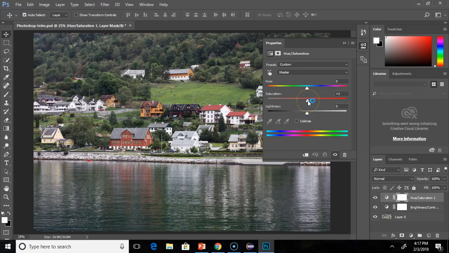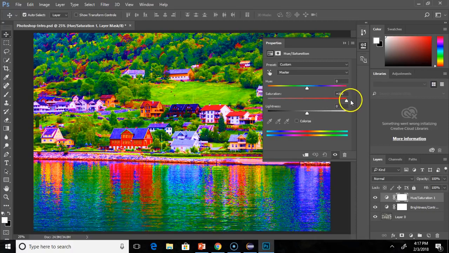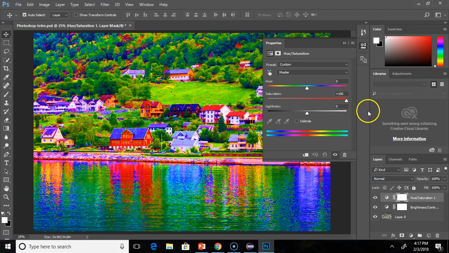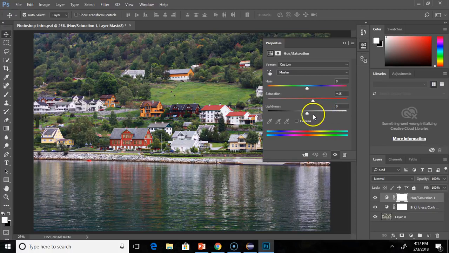So if I grab that slider and I start pulling that, you can see that as I start pulling it, the colors immediately start popping up. Now if I slam it all the way, you can see we get some really crazy effects going on here. It looks almost like some psychedelic trip. But I don't want quite all that much, because you see the colors really start to bleed at 100 saturation. All right. So if I just go ahead and reset that to 0,